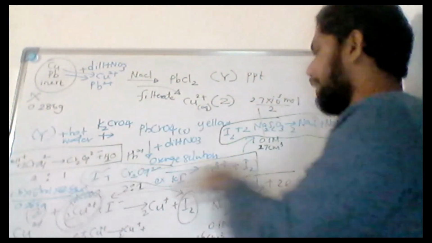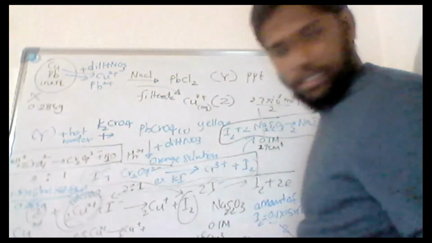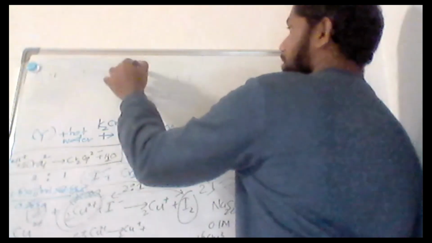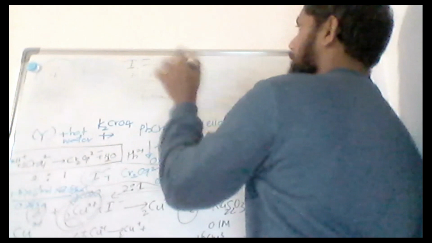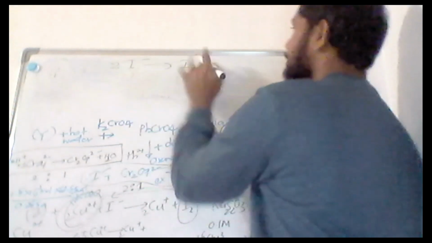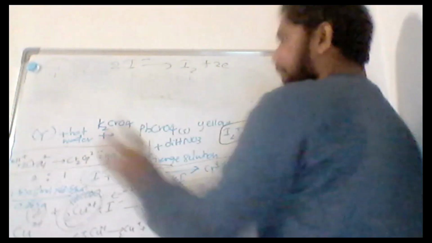Okay, so this reaction is very simple. I don't want to explain that more, but I will try to explain briefly the reaction that is happening. I minus is going to oxidize to I2, so 1 iodine to 2. I have to balance the iodine first, then the charges. So I will put here 2 electrons: 2 minus, 2 minus, 2 iodine, 2 iodine. Then the dichromate,